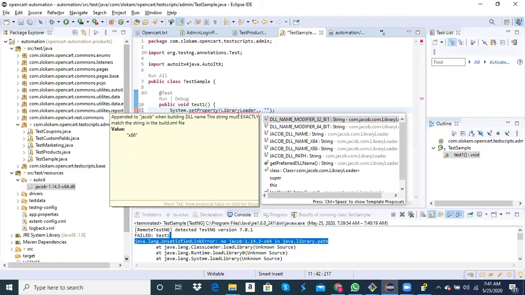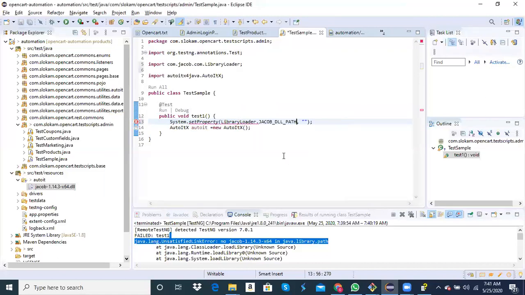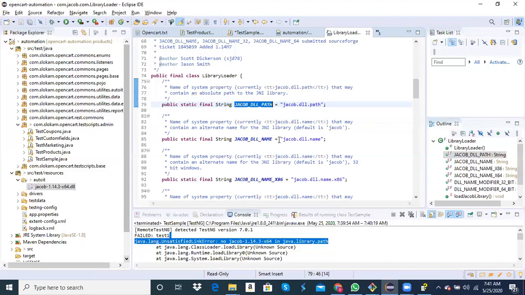There is a class called LibraryLoader, and then JACOB_DLL_PATH. It internally has one string, jacob.dll.path.